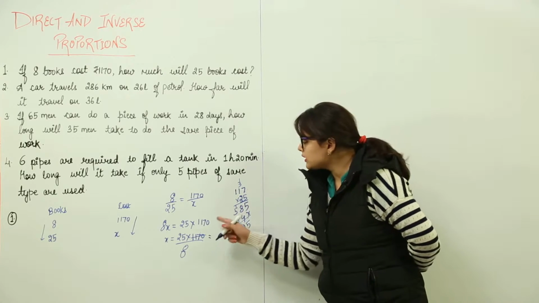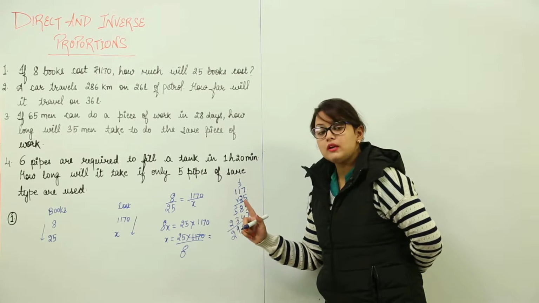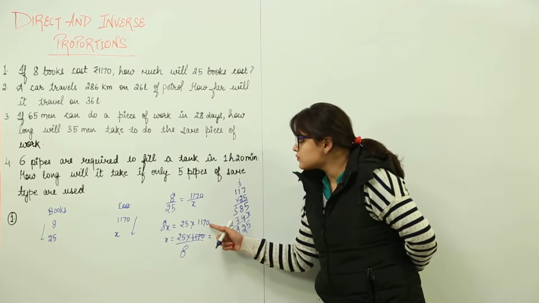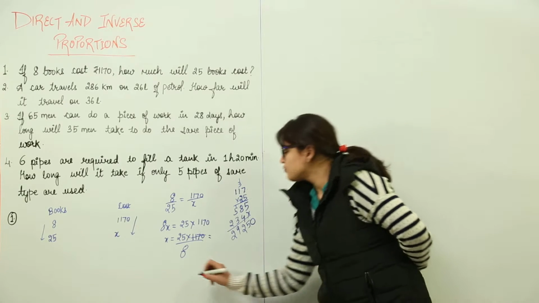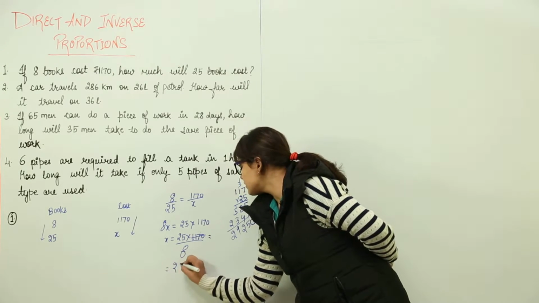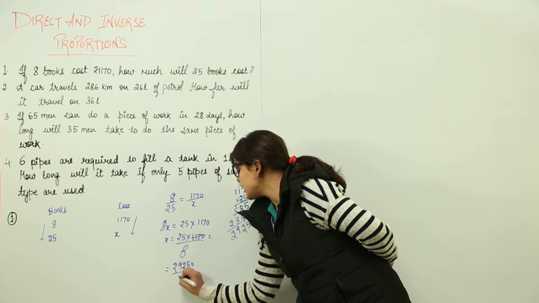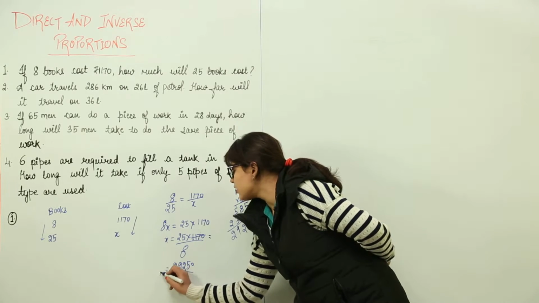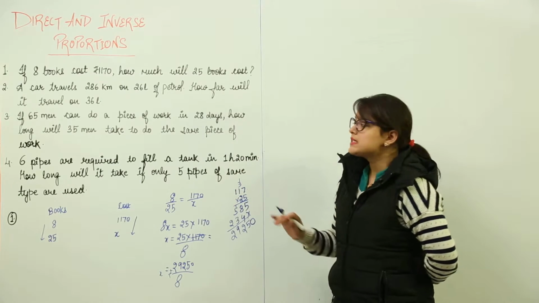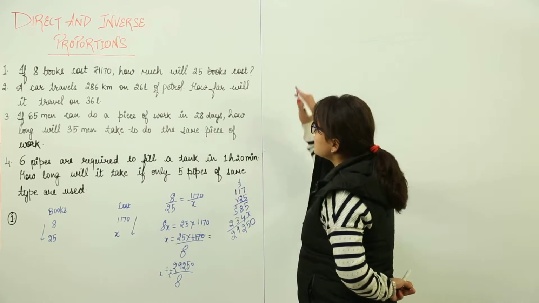Now you have already multiplied the terms. Now you will be putting that number of zeros that you had avoided. How many zeros were there? 1. So you will add 1 zero in the answer. So what do you get over here? You get 29250 over 8. And you multiply this, you will get your actual cost. Understood? Similarly, let us talk about the second question now.